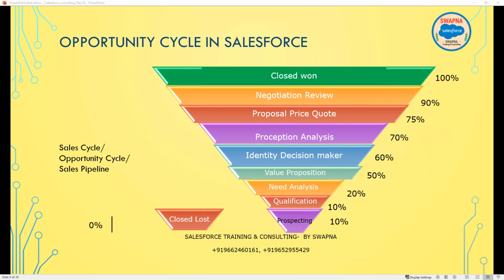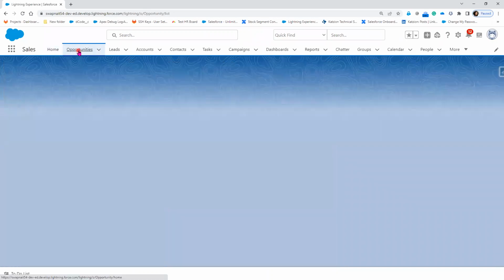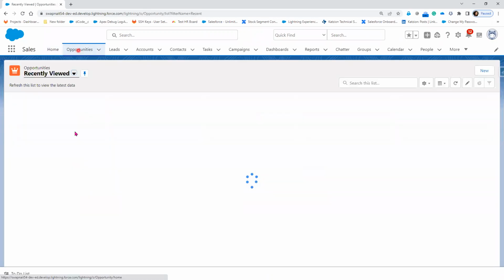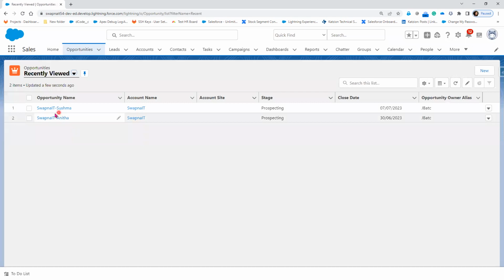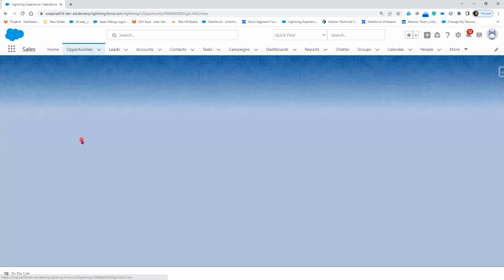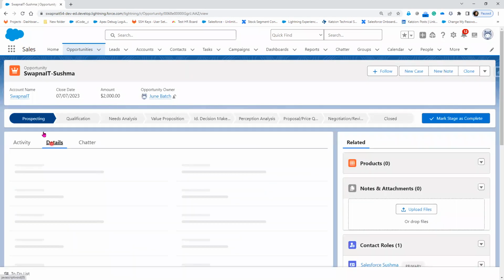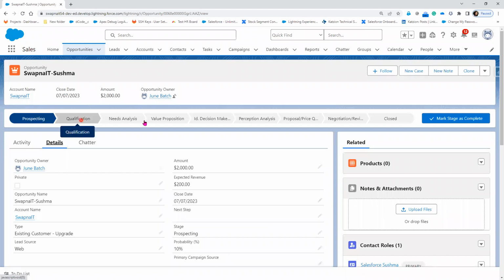Now, let me show you this cycle in Salesforce. Let's go to the opportunity. I am in Sales Cloud right now. Click on Opportunity. Now let's open any record. Let's open this converted lead, Swapna and Sushma. Details. Now, if you see the pipeline here,